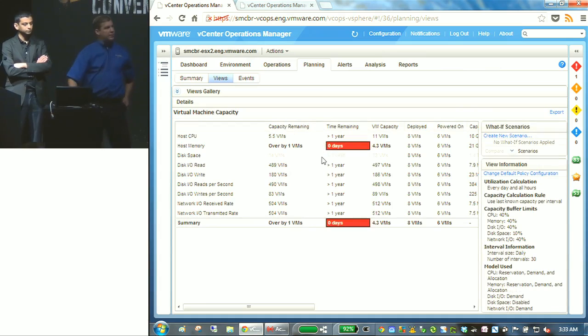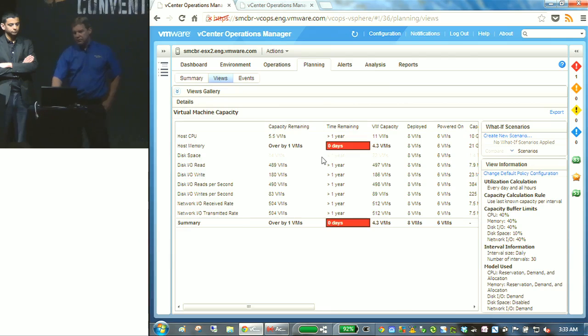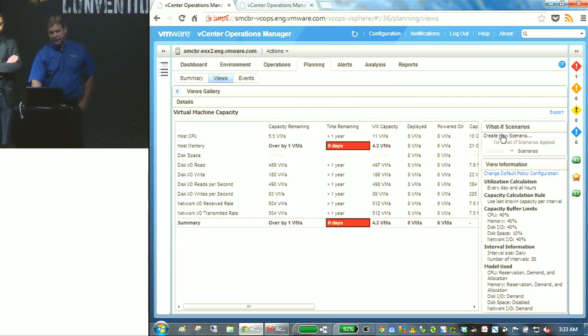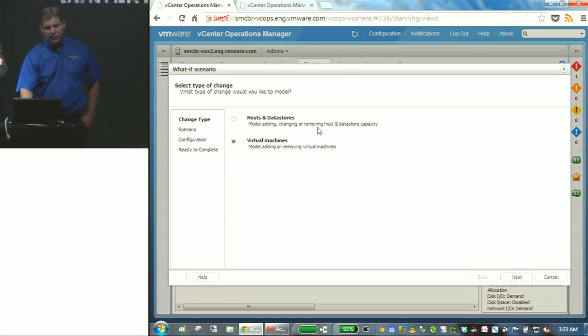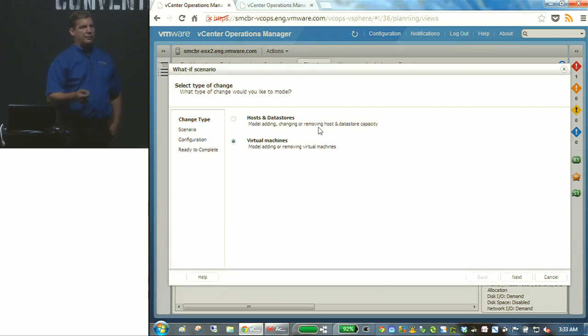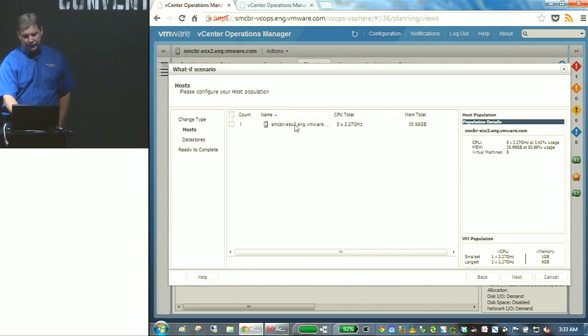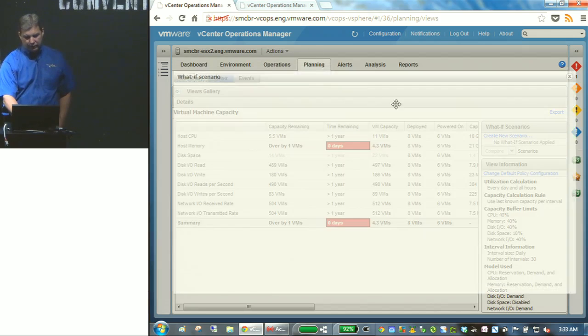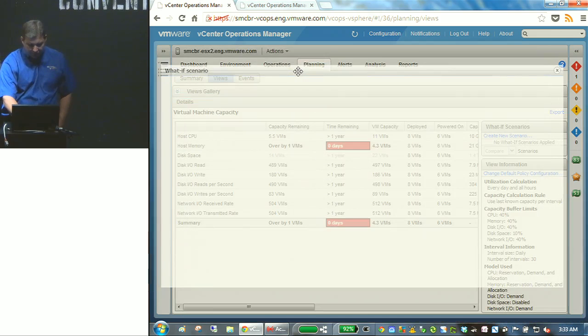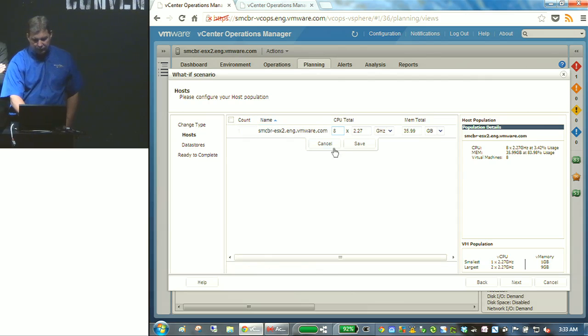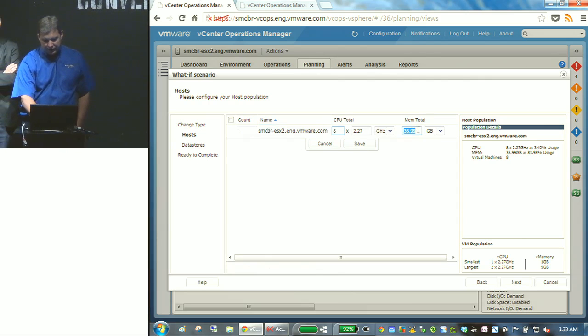And so some of the views actually allow you to do this what-if scenario. The what-if scenario allows you to change either demand, which is adding VMs, or your capacity, which is adding and/or removing hosts. So I can say, what happens if I take this host, which is out of memory, and add another